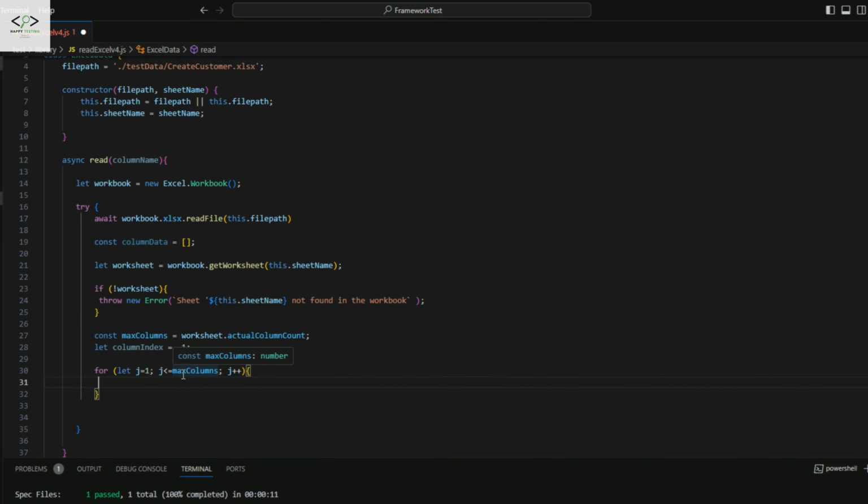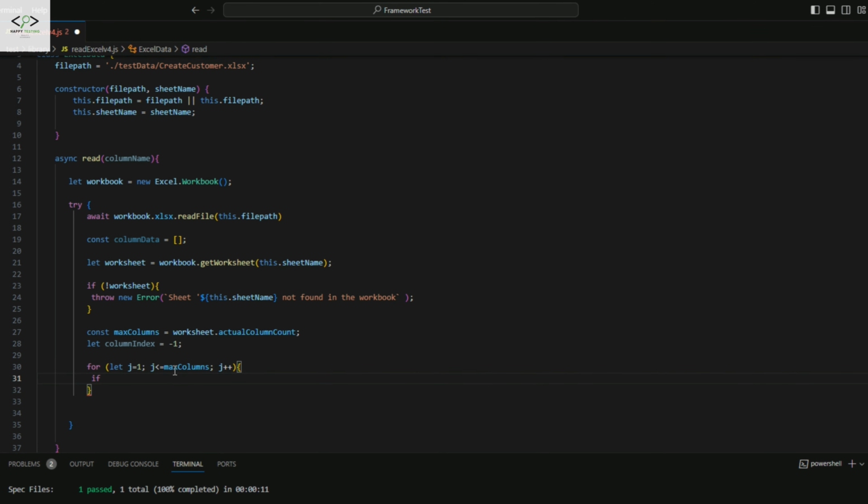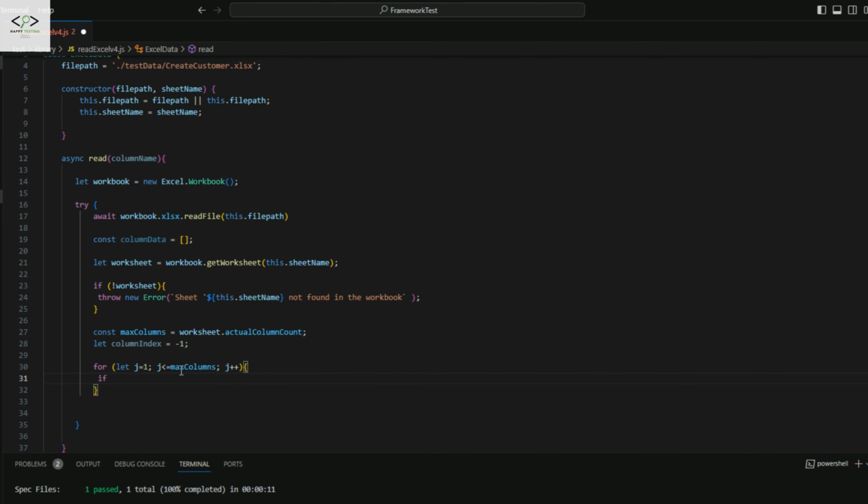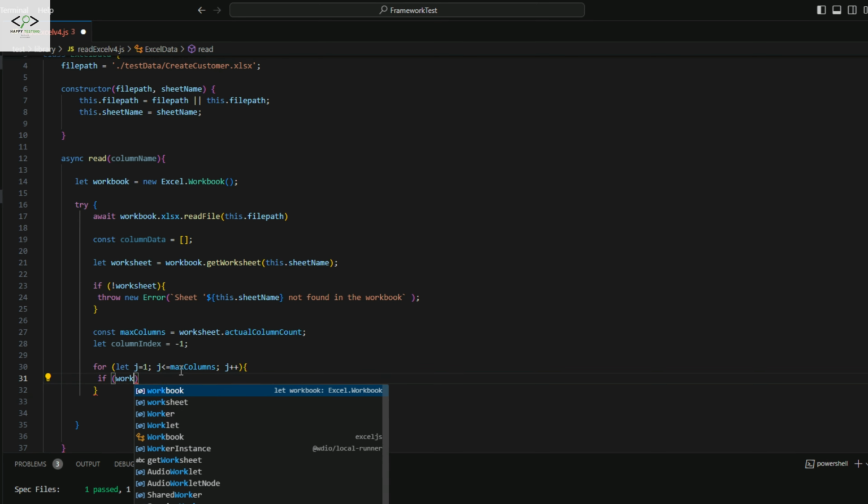So what I'm going to do is put an if condition to ensure that whatever column name we pass is the same as the expected result. Okay, so